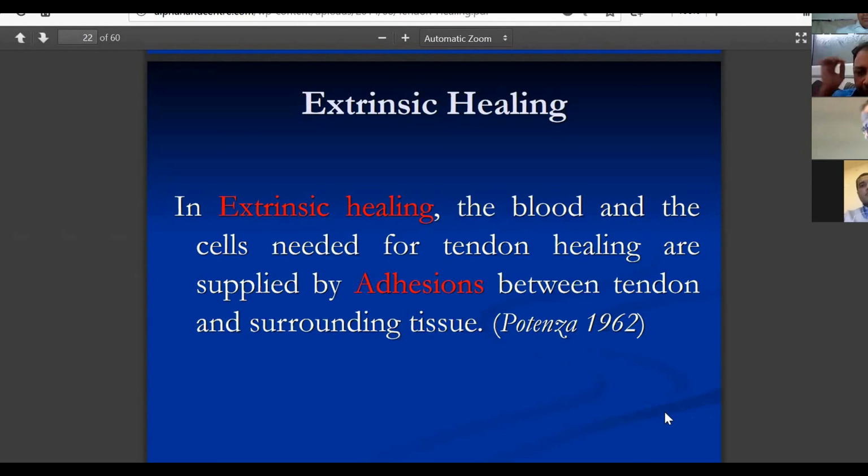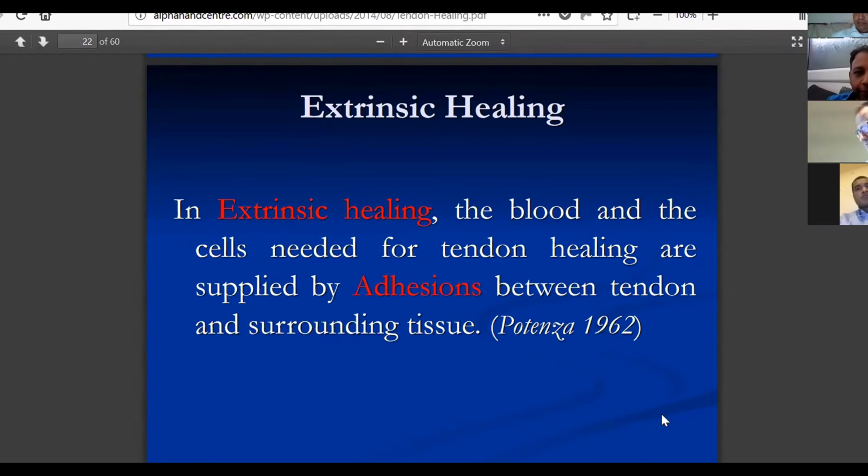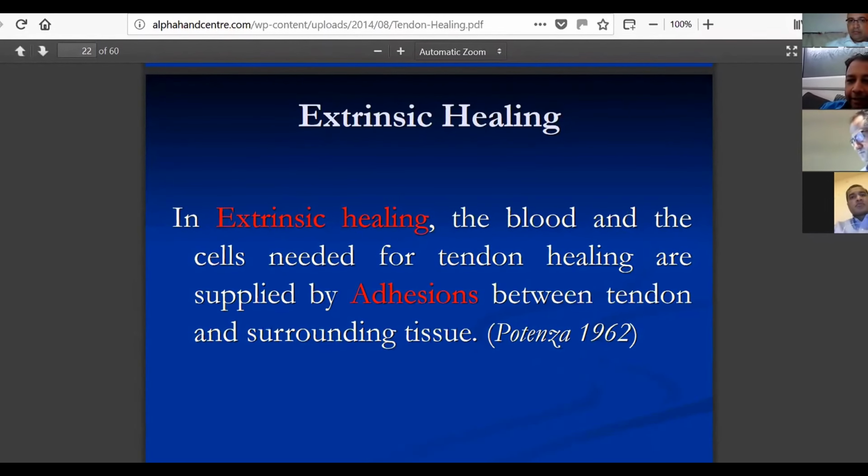Let me finish this, extrinsic and intrinsic healing. In extrinsic healing, the blood and cells needed for the tendon healing are supplied by adhesions between tendons and surrounding tissue. So that is extrinsic healing. Blood and cells needed for tendon healing are supplied by the adhesions. So extrinsic healing is with adhesions, while the intrinsic healing,